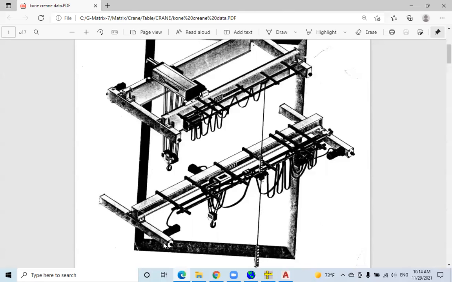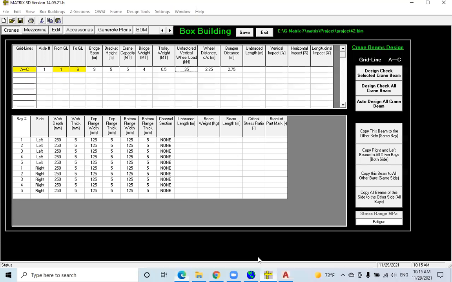So the unfactored wheel load is the static force that is coming from each wheel, from this wheel alone, or this wheel alone, or that wheel alone. And this data usually is taken from the crane manufacturer. So I'm going to put the unfactored vertical wheel load, and then after that,